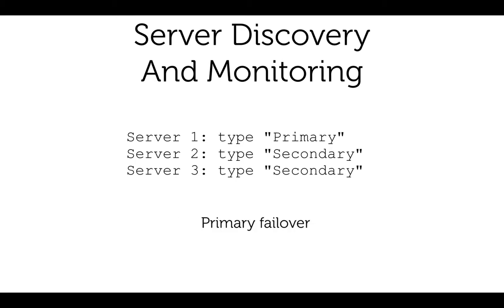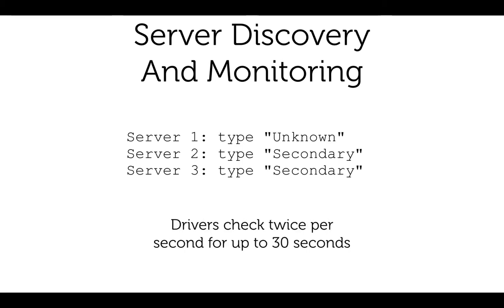In the case of a failover, on the other hand, after that not master error is detected, we act the same, we mark the server unknown, and we start checking each server twice per second. But then, let's say that the former primary comes back as a secondary, and now we have no primary, so